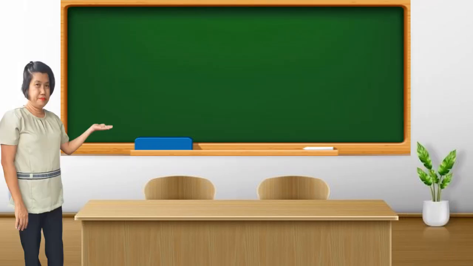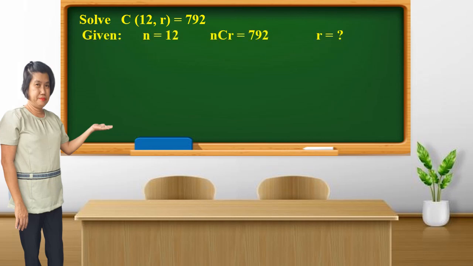Let's proceed to the next example. Solve the combination of 12 objects taken r at a time is equal to 792. Let's have the given. n equals 12 and nCr is equal to 792, and the value of r is unknown. For the solution, we're going to look for consecutive values to multiply. We're going to use first the value of n, which is 12, multiply to its consecutive lower value, and that is 11. So we have 12 times 11, and that is equal to 132, and 132 will be divided by the value of nCr, which is 792, and that is equal to